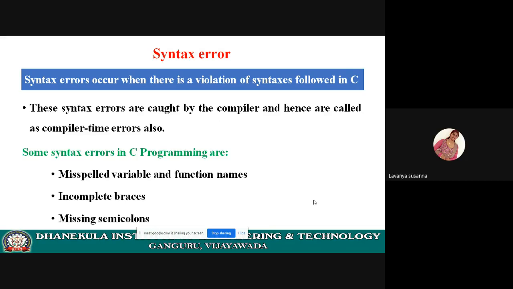If you are violating the syntax rules, errors will be generated. Who will generate the error? Compiler will generate the error. What is a compiler? It is a translator. Why do we need translators?